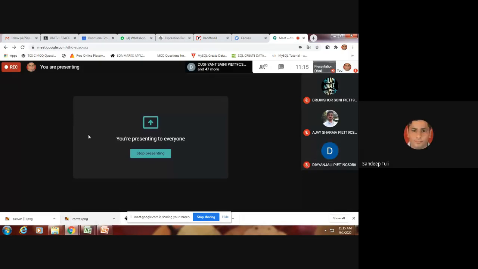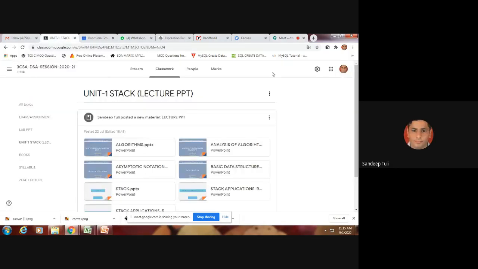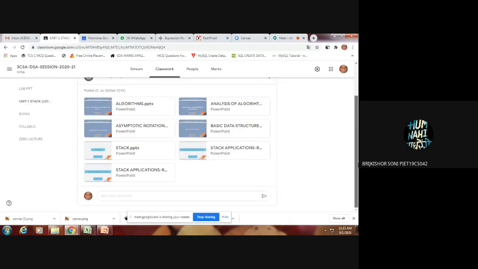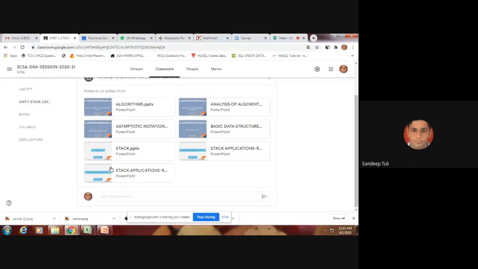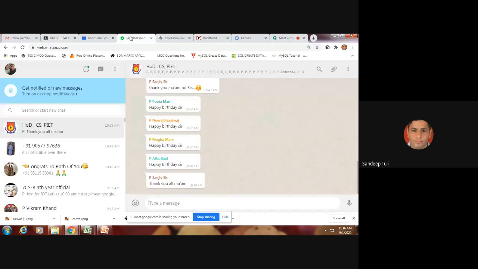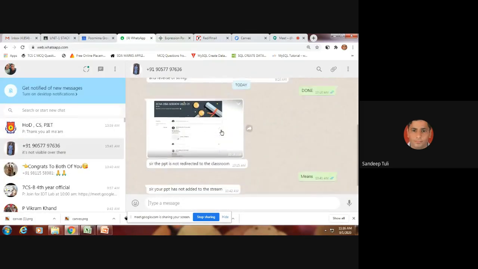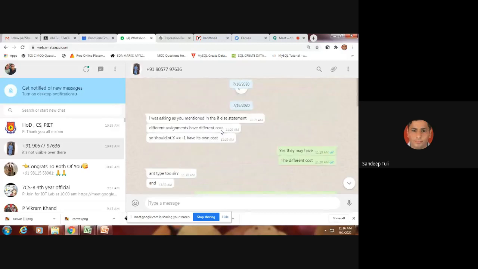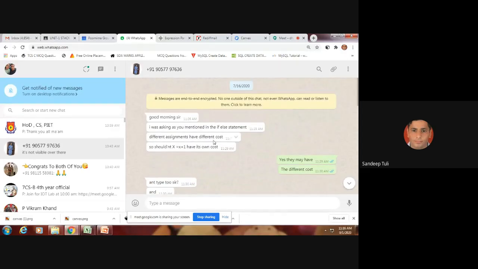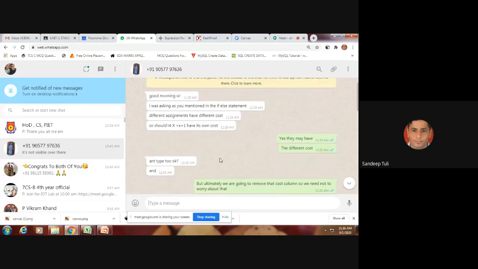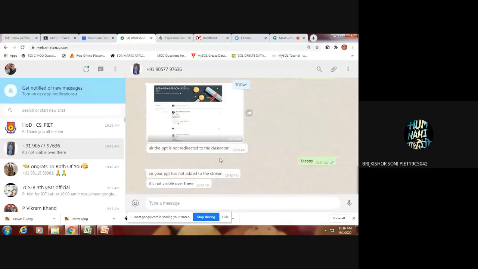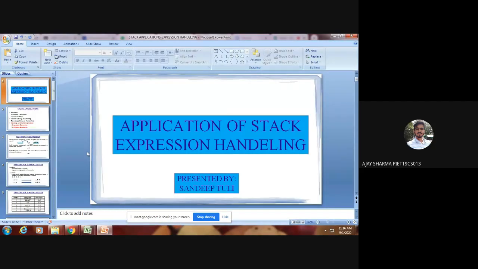How we can reverse a string. The PPTs have been shared on Google Classroom. Have you got that? Yes sir, we got it. In the morning only I have shared all these. Okay. Someone is asking me on WhatsApp. He hasn't written his name, but he wants to show that. Ajay Sharma, sir. Ajay. So Ajay, now you have got it or not? Yes, sir. I've got it.